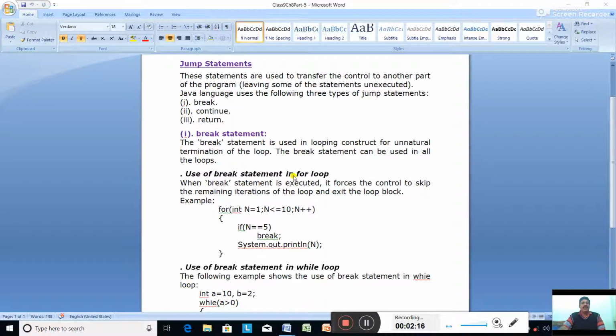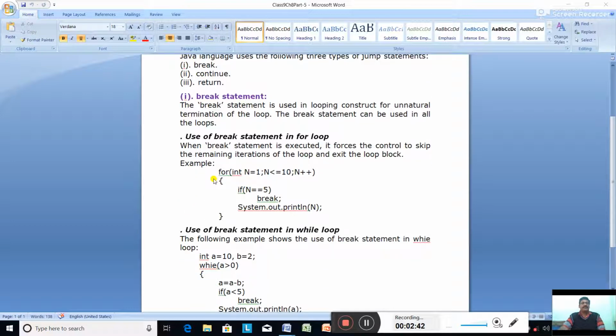Now the use of break statement in the for loop. When the break statement is executed, it forces the control to skip the remaining iterations of the loop and exit the loop. Now see the example: for n equal to 1, n less than or equal to 10, n plus plus.